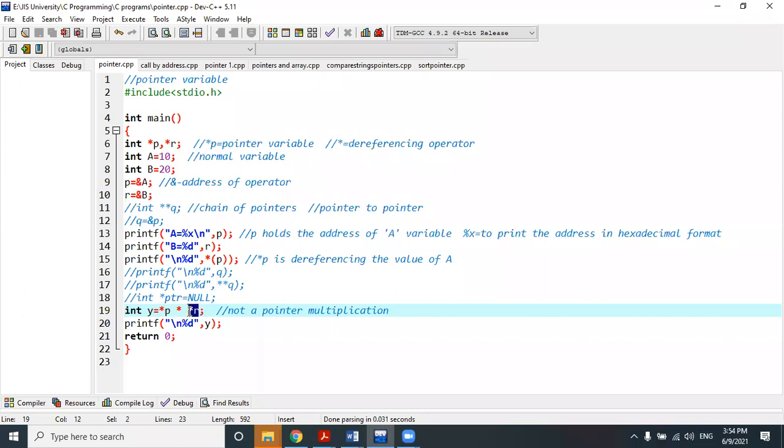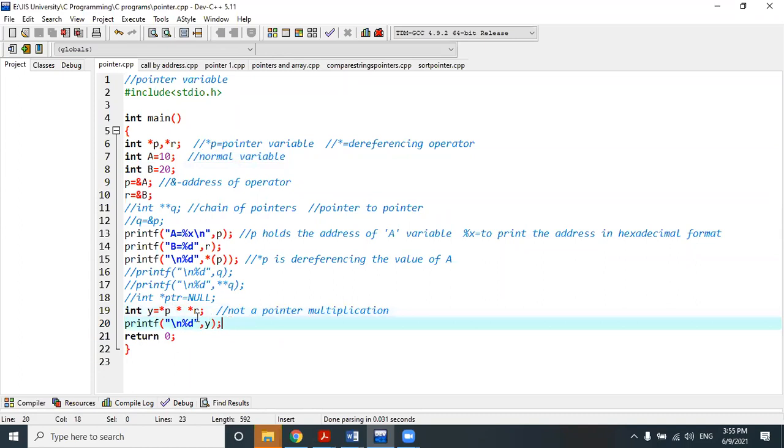Dereferencing represents the value of the variable that the pointer holds. P holds the address of a, and the value of that variable is 10. Dereferencing means value at address; this short form is used for dereferencing. R is holding the address of b, so the value at that address is 20. So 20 into 10 means 200.